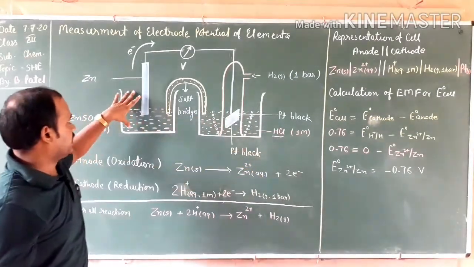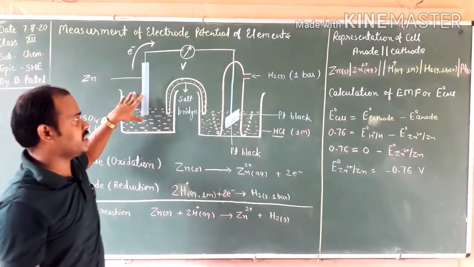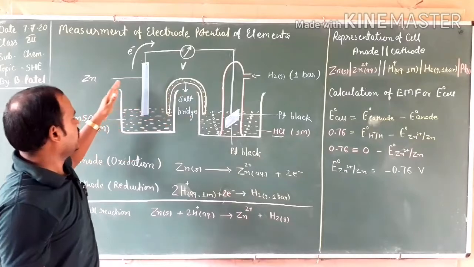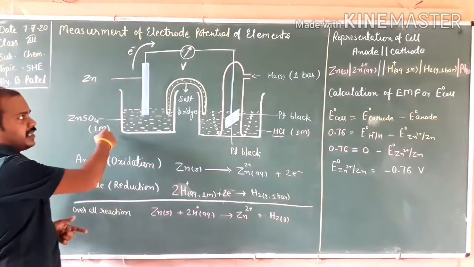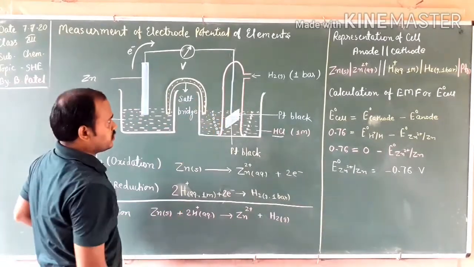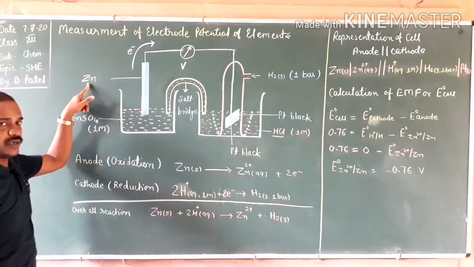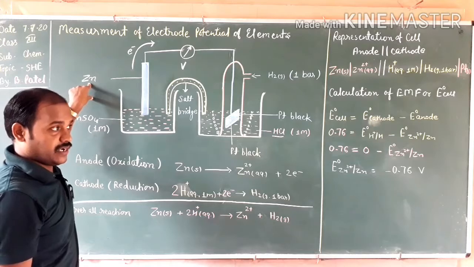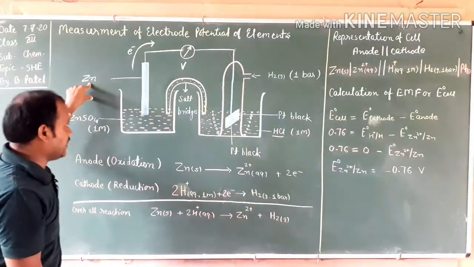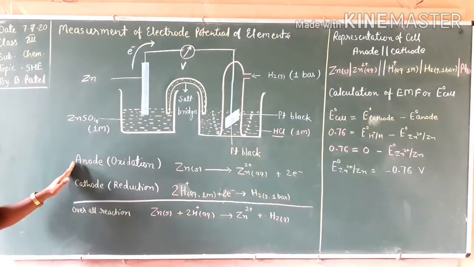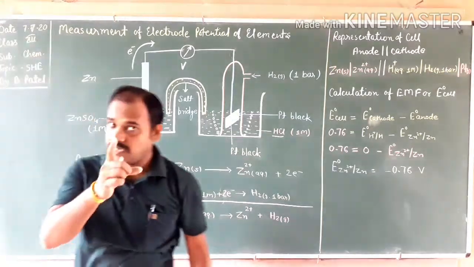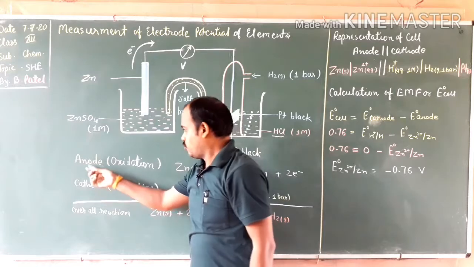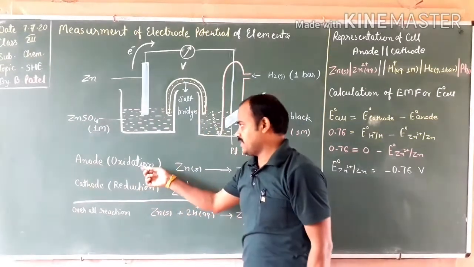Earlier we don't know whether zinc will undergo reduction or oxidation, or whether hydrogen will undergo oxidation or reduction. So as you connect the zinc half cell with SHE, you will see electrons are ejecting from zinc and moving towards hydrogen. It indicates that zinc is undergoing oxidation, and I have told you that oxidation will always and always take place at the anode. Remember this thing. So at the anode, what is the reaction?